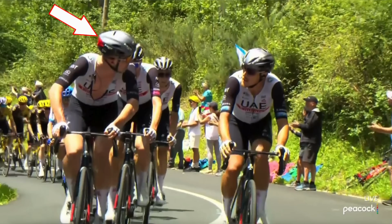So let me back the film up and we'll bring it back to yesterday's stage 1 finish with UAE Team Emirates, Adam Yates in the race leader's jersey, and Tadej Pogačar, the big favorite, sitting third on the general classification. Let's get into the riders' heads here because at 120 kilometers to go, while I'm sitting on the Chesterfield, I'm thinking these guys are doing a bit of work up here on the front, UAE Team Emirates, and not getting much help. But they're drilling Vegard and they're drilling Mikkel Bjerg on the front. You see Matteo Trentin. Surely he wants them just to go a little bit easier, but Mikkel Bjerg wants them